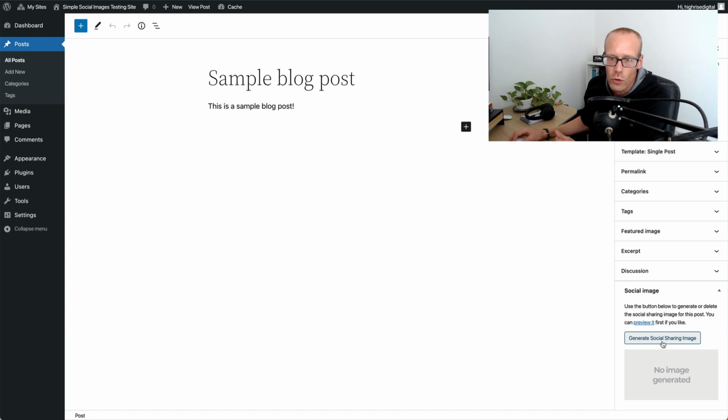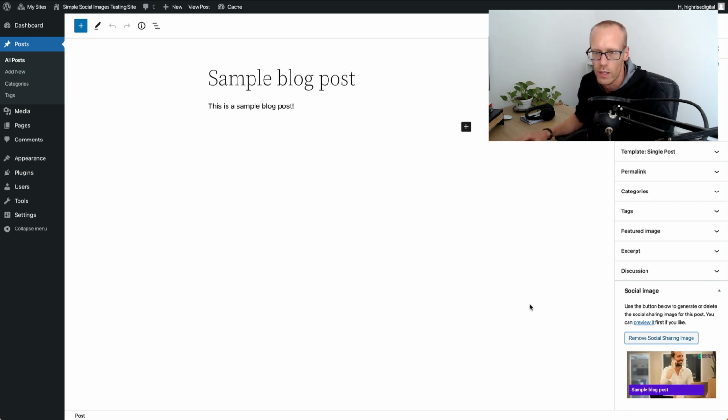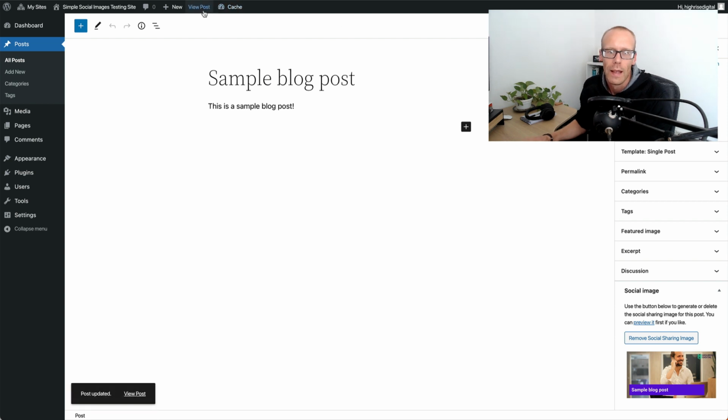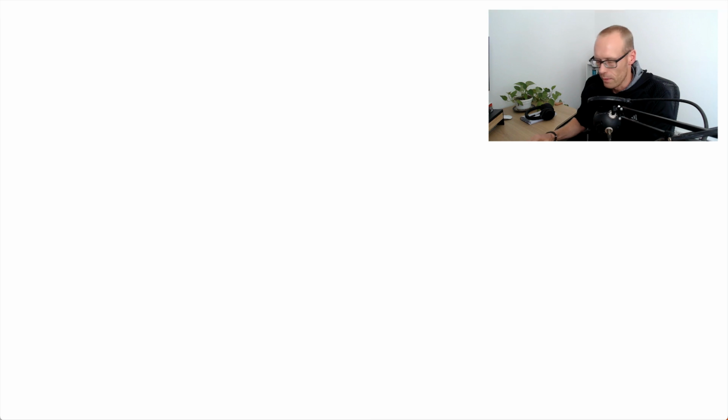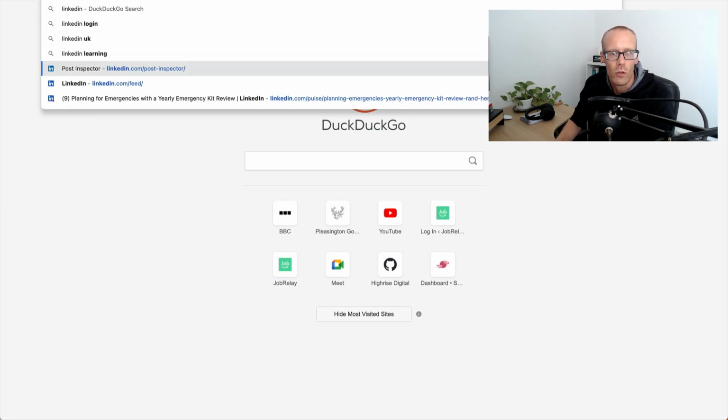Then I can generate my social image. So I'm going to click the button to generate, and it goes off and grabs the image that it's done, and you can see there it's grabbed the correct image. I can then update my post. I can view my post on the website. I'm going to copy the URL, and I'm going to check what this would look like if someone posted it